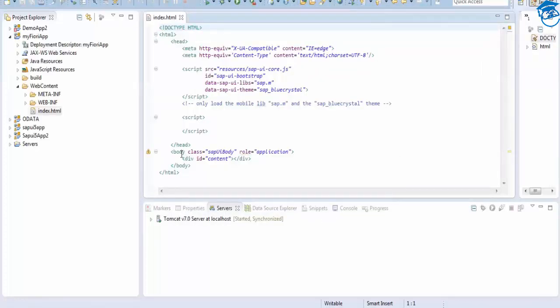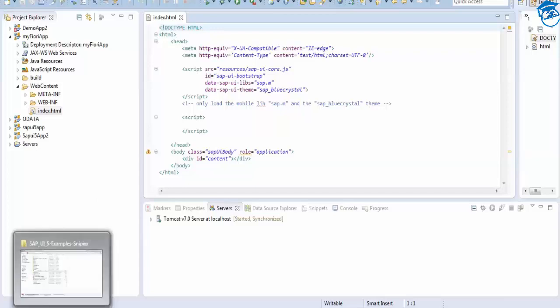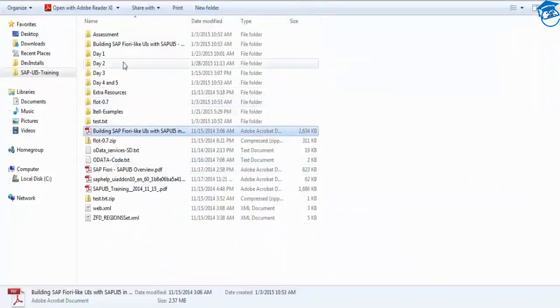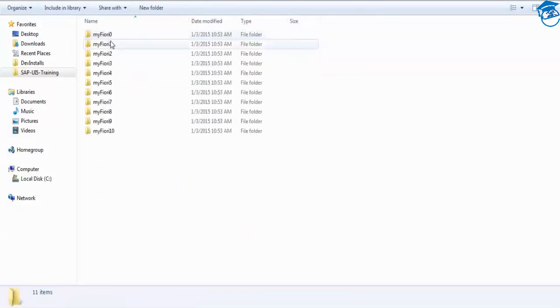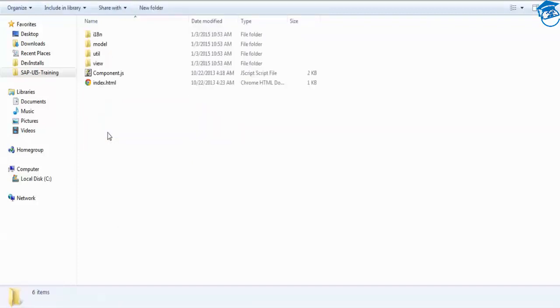Once I finish, I'll get an empty index.html page. Then I already have a project that we will be sharing with you. So you'll be going here, and here I'll be sharing these Fiori-like projects. I'll be clicking on it. Once I click on it, I'll get this many files. So what I do is, I'll copy all this